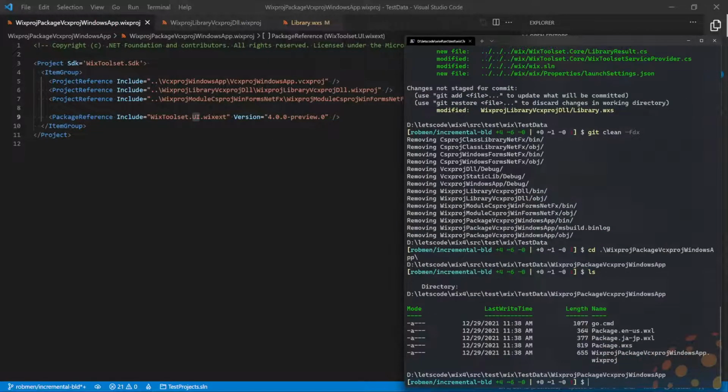Yes. Problem with naming these things in a way that's logical, so you can just look at them and see, oh, okay, that's a Wix proj or the library. That is that they all start with the same thing, so tab completion does not work as well. Anyway, okay, all right. So now, without the restore,